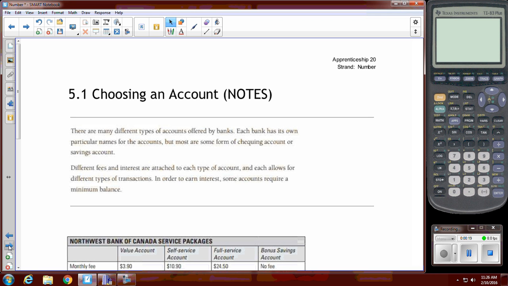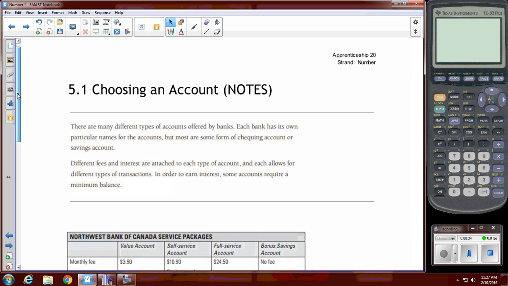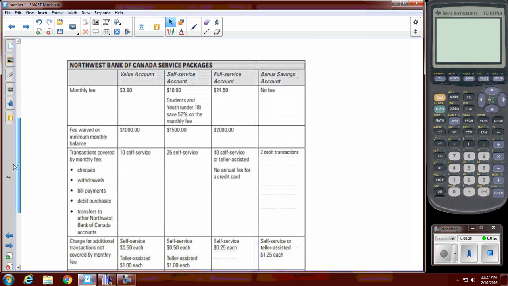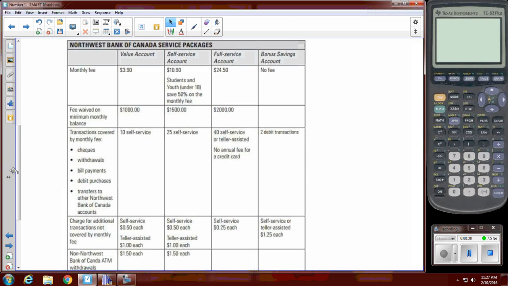for you. So when you go into a bank, they're going to have a whole bunch of different savings and checkings accounts for you to choose from, and it's up to you to make an informed decision on which one best suits your needs and which one will actually save you the most money, because banks do charge fees for certain types of transactions. So for this unit, we're going to be talking about this fictitious bank called Northwest Bank